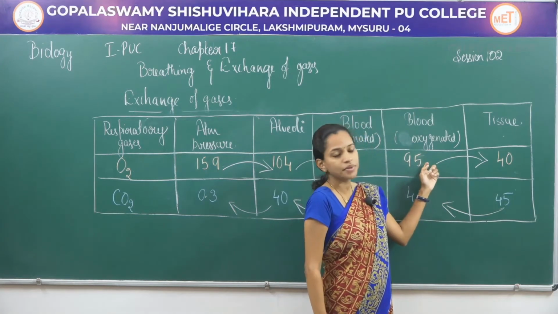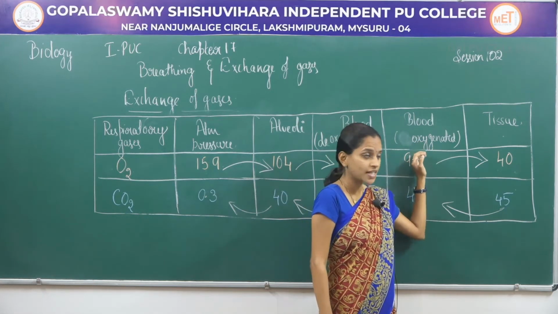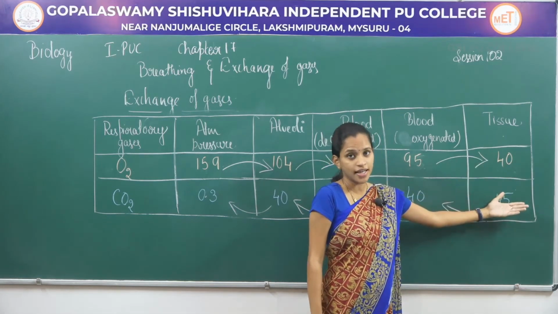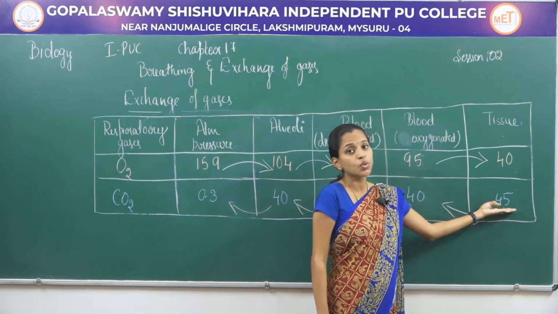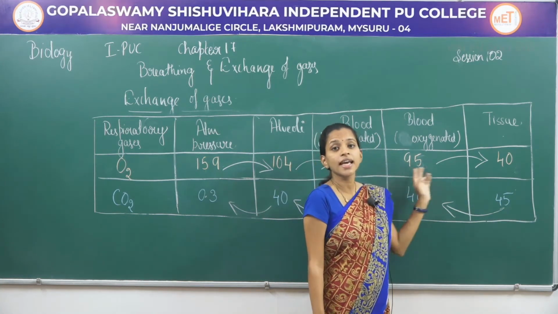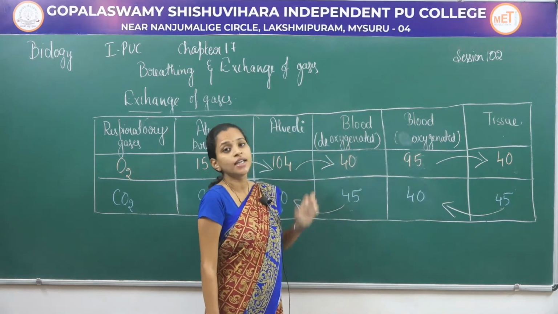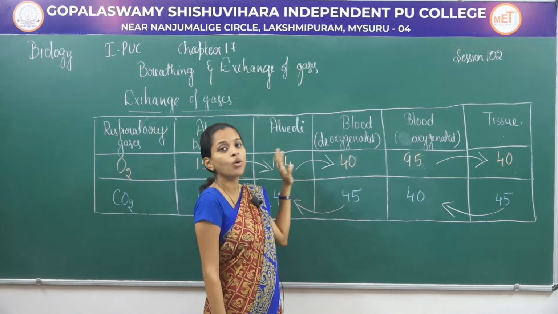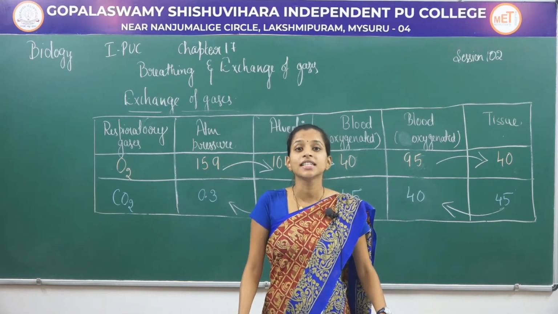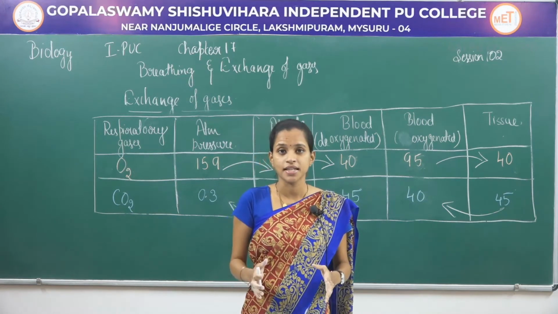So, since the oxygen pressure is 95 in the oxygenated blood, it diffuses from the blood into the tissue. Since the carbon dioxide count is higher in the tissue, the tissue will be contributing the carbon dioxide back into the oxygenated blood. After this exchange, the oxygenated blood will automatically become deoxygenated blood and the whole process continues in the same way. This is how there will be exchange of gases. This can also be studied with the diagrammatic representation, which is